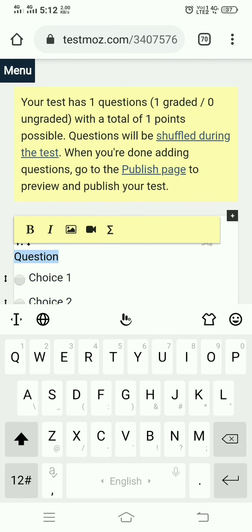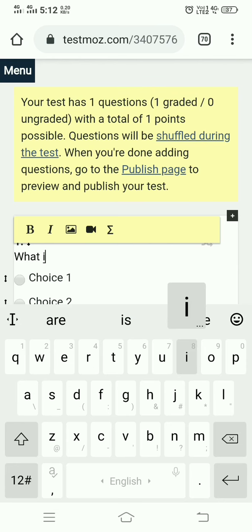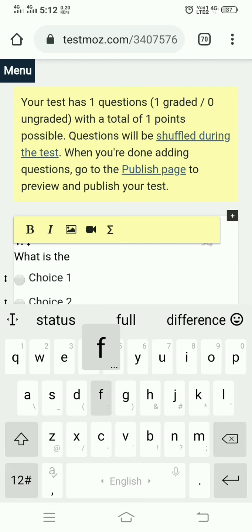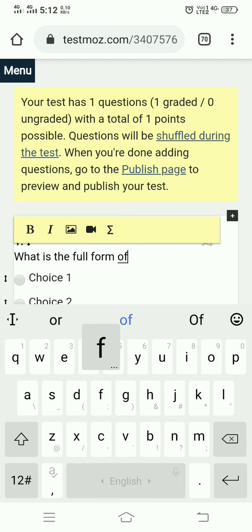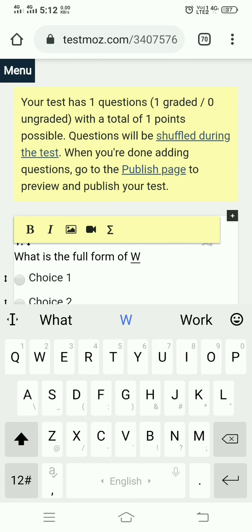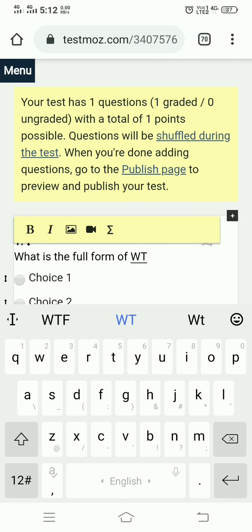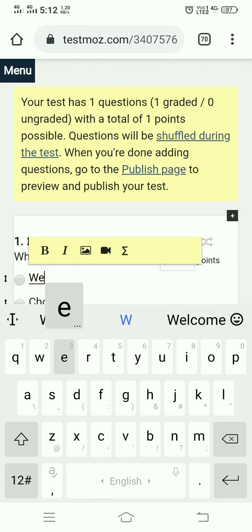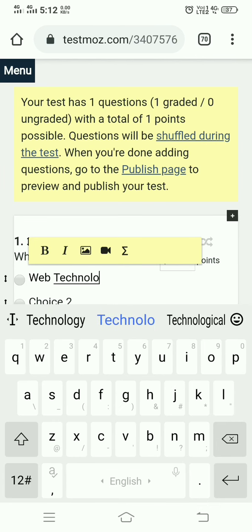So here I just add one question: what is the full form of WT? So here I just give the choices: web technology